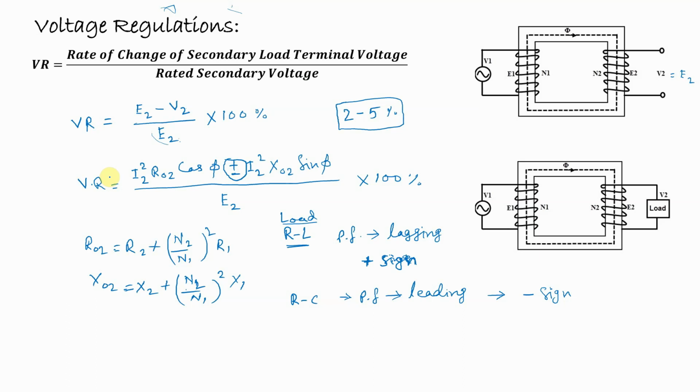So during calculation of the voltage regulation, we have to note the type of the load also, or the nature of the power factor also. If it is lagging, we have to use the plus sign, and if it is leading, we have to use the minus sign. Remember one thing, the voltage regulation can be zero also. Voltage regulation can be zero only for leading power factor. Only for leading power factor, the voltage regulation may be zero, and that can be easily calculated also. So thank you.